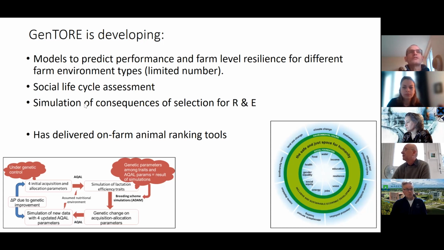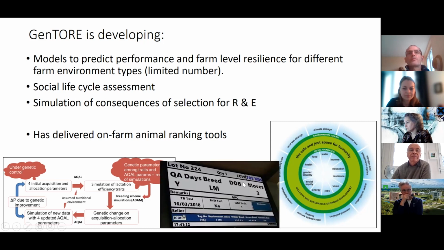And those are things that are being developed. What has been delivered already are on-farm animal ranking tools, which have been mentioned before. These are coming from work package 5. Why is it not going forwards? Here we go. Yep. So these are tools which have been deployed in Ireland already, which basically allow a